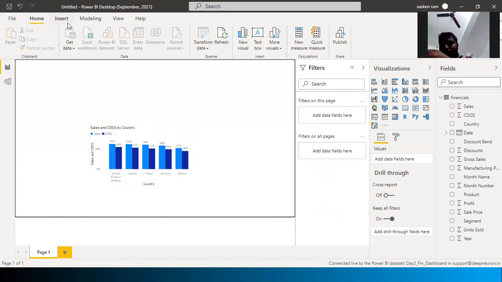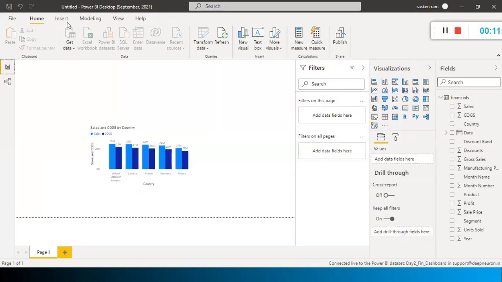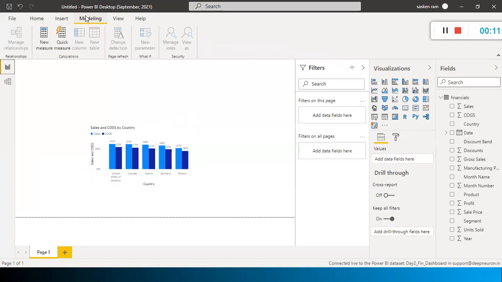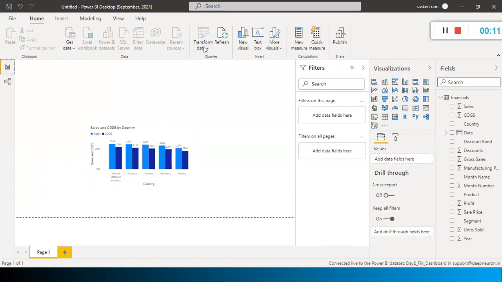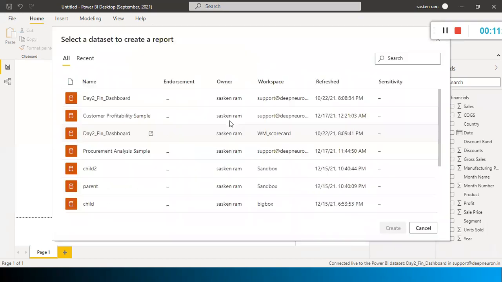But the only thing is when you go here, you can create a measure, everything you can do here. So here, in this case, look, even the transform data is not available. See, all the things they have already transformed. Everything is there. The data is clean, and they kept only the columns that are relevant to this project. Though 5 people work on this project, they made sure that they kept all the relevant things.